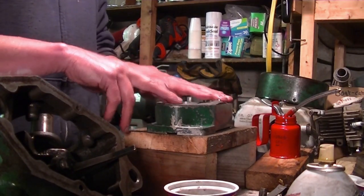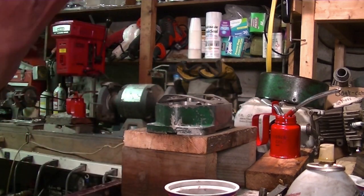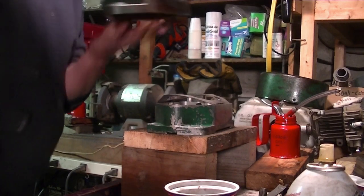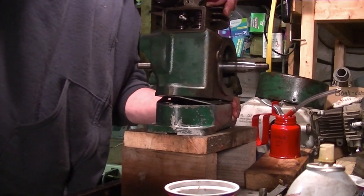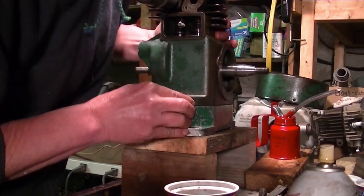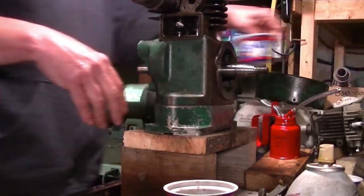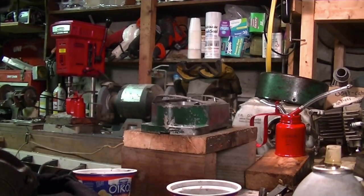Okay, here's that gasket that I made and the locating pin that I made. And which way is front, which way is back? Yeah, that looks right. Okay. Just need to bolt it down. Okay, before I do that,